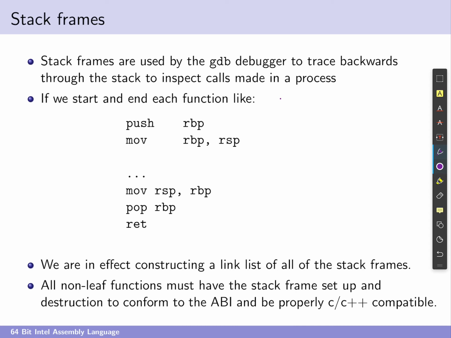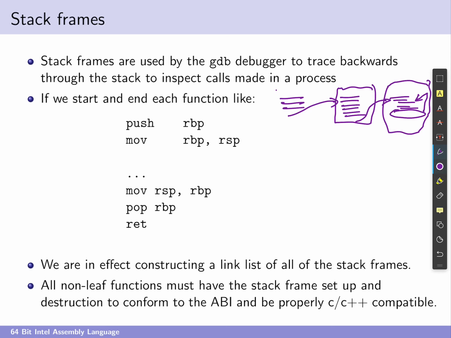Let's say I have my code and I jump to another function, and at some point I jump to another function, and then eventually I have encountered some issue over here. And now I'm trying to debug what's gone wrong. It's easy enough for me to inspect with GDB the stack local variables of the stack frame I'm currently in. However, how do I figure out what the local variables are doing in that stack frame and that stack frame? That becomes a little bit harder, and that's why we build and destroy these stack